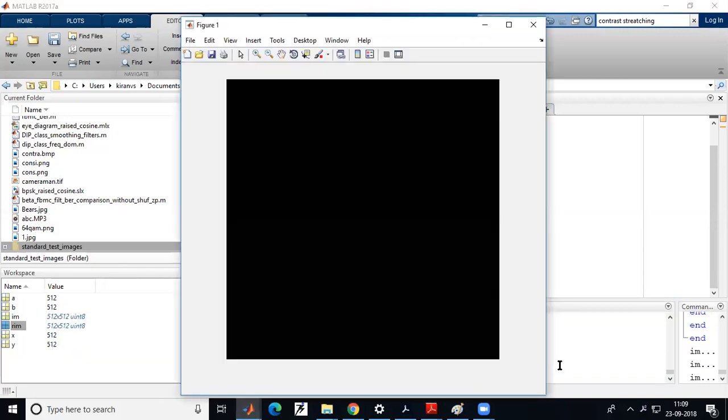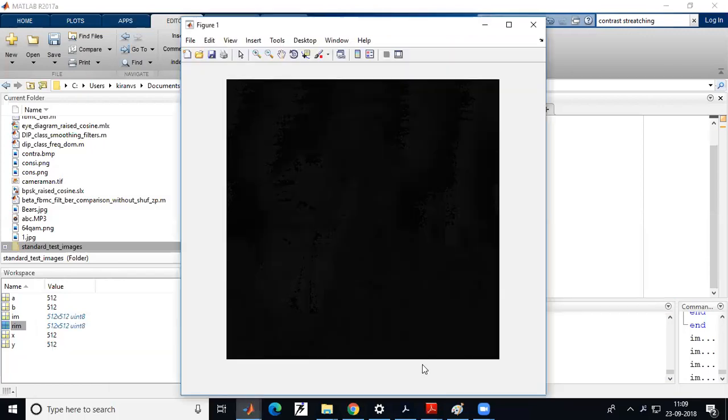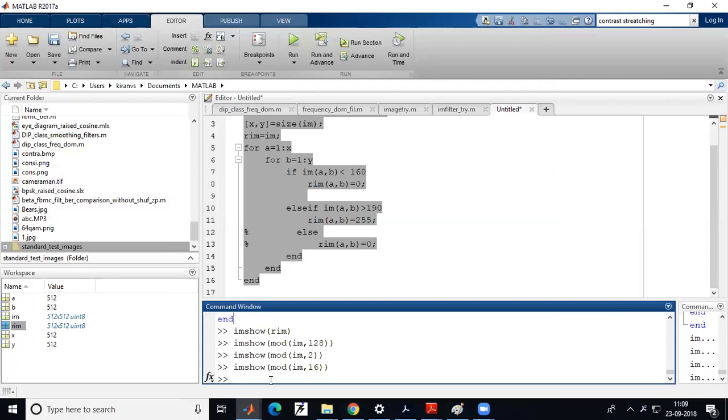Oh god, it's dark now. Let me come one place ahead, maybe 16 more. Here you can see all these values. There is contribution from each of these bit planes. No, I'm showing you the accumulated bit planes. If I want to show you, I should pick the quotient. Sorry, I should pick the quotient.